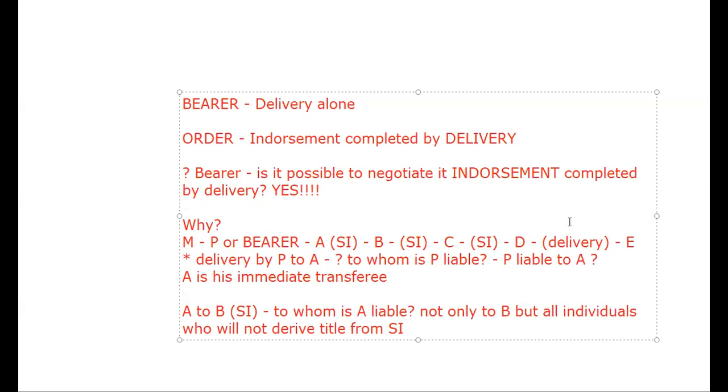Why? Because in this case, A is no longer liable to E. Sino ngayon ang liable kay E? It should now be D. Bakit si D ang liable lang kay E? Because this is a bearer instrument and it has been negotiated by way of delivery. As a rule, the transferor of E will be the one liable to him. Sino ba yung transferor ni E? Si D lang. Okay? You are liable to your immediate transferee. So D is the only person liable to E. A is no longer liable to E.